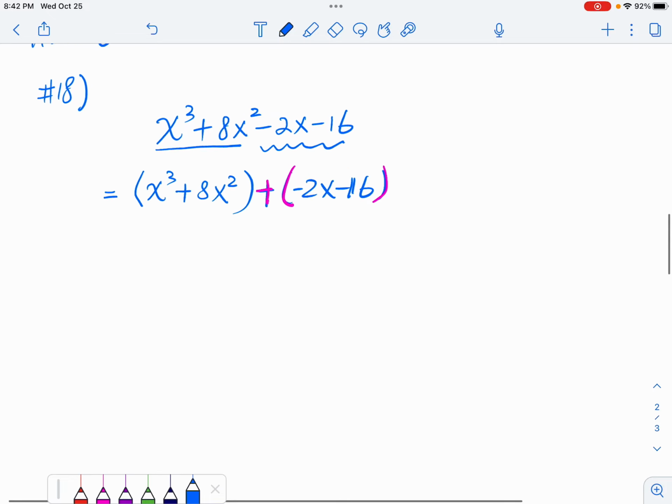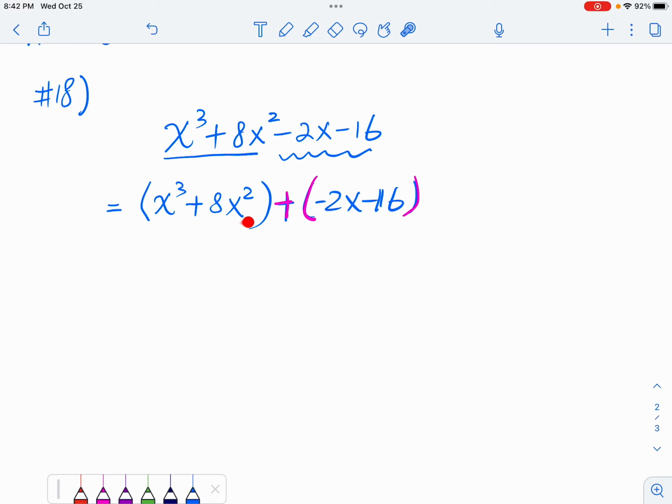Now you're going to try to factor the greatest common factor of each group. So the first one is going to be x squared because the constants here, 1 and 8, the greatest common factor is 1. There's nothing you can factor out. And for the x squared and x cubed, the greatest common factor is x squared, so that should be factored out. And you're left with x plus 8. For the second group,